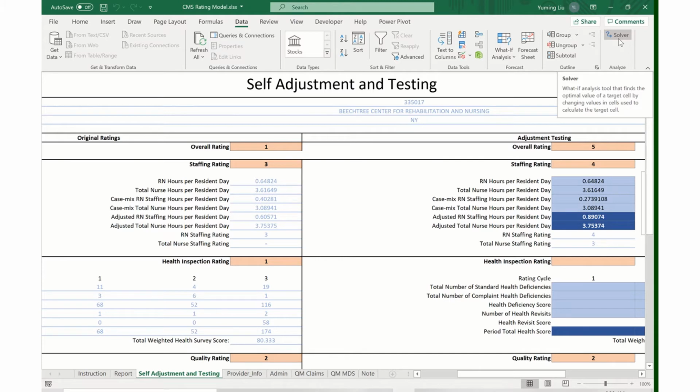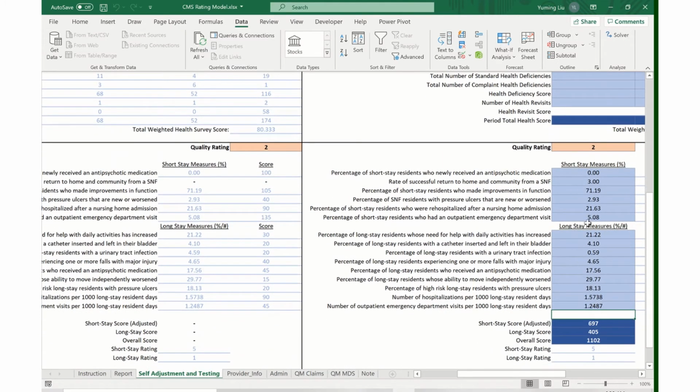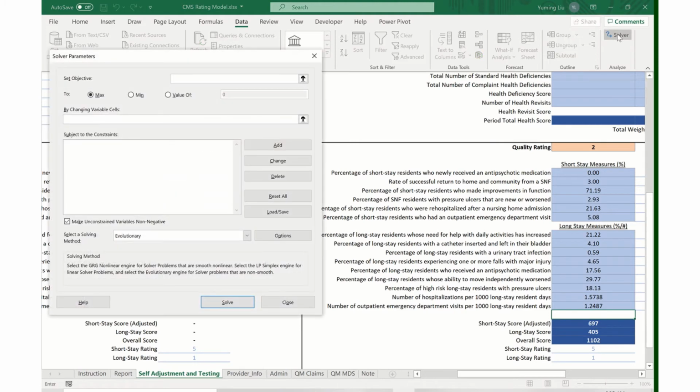So the Solver tool actually allows you to set an objective by changing a range of variable cells. Similar to before, I have actually entered in the same values in these input cells from the left, with a hypothetical value of 3 for the rate of successful return to home and community from an SNF. So in this case, I would actually like to run the Solver tool on the quality rating. Click Solver under Data. In this case, I would like to set the long-term score, right here, to a value of 400